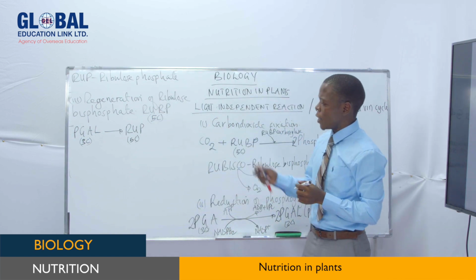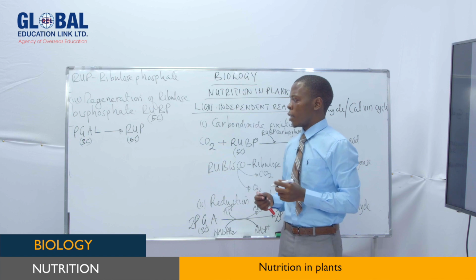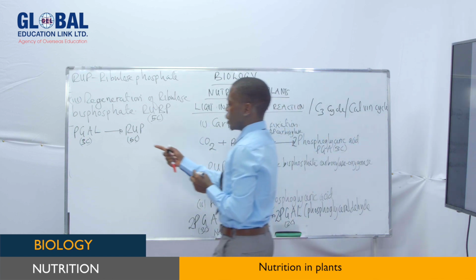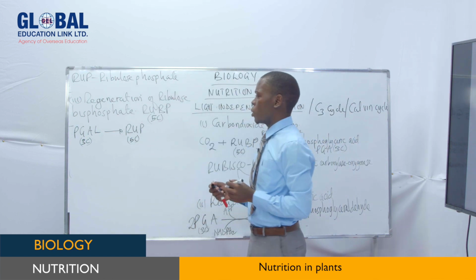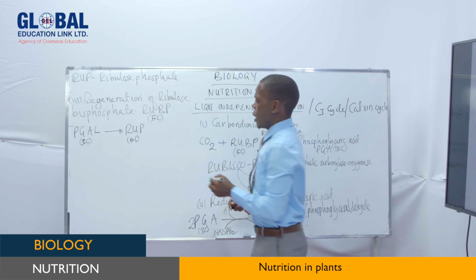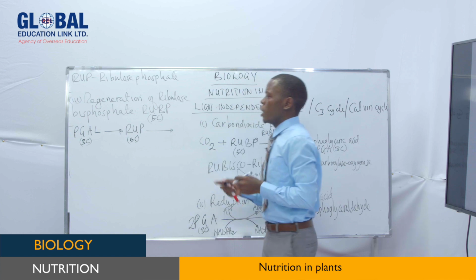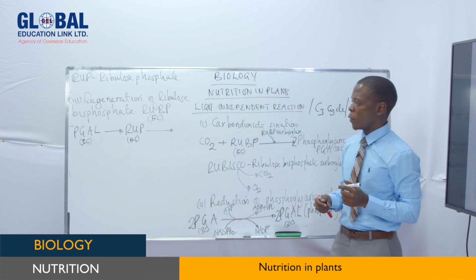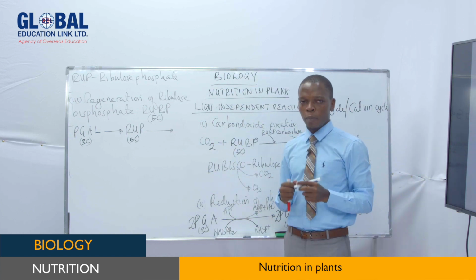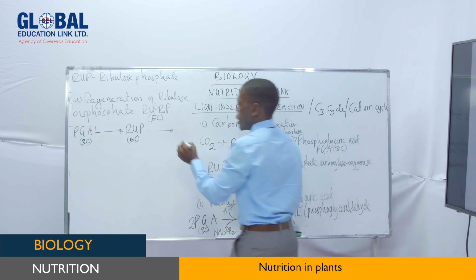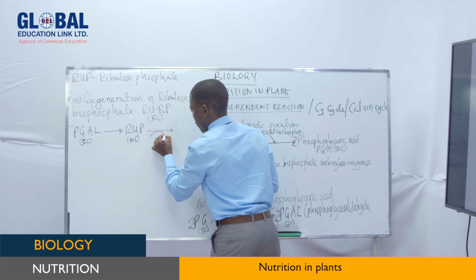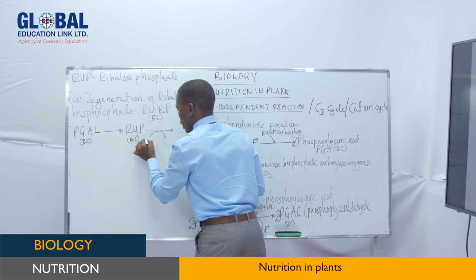Okay. Therefore, first the 3-carbon compound is converted into a 5-carbon compound to form what we call RUP. And again, this RUP is converted into ribulose bisphosphate with the help of ATP from the light reaction. Therefore, ATP here is used